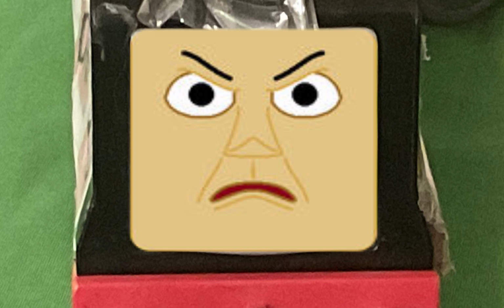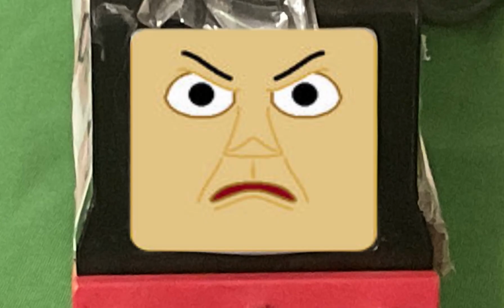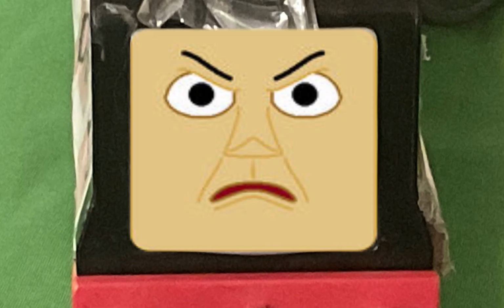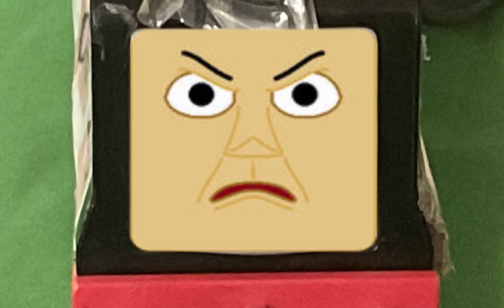"I don't know what your problem is with lorries, but I have a goods train behind me that's probably gonna be late because a certain someone derailed me. The men are gonna be furious at you." "But Adam..." "But nothing. You're just as, if not even more annoying than little kids. If I were a mother, loving my kids would not be worth the hard work and stress. So do us all a favor and go where you want the lorries. The scrapyard, you stupid, bratty, annoying, worthless piece of..."